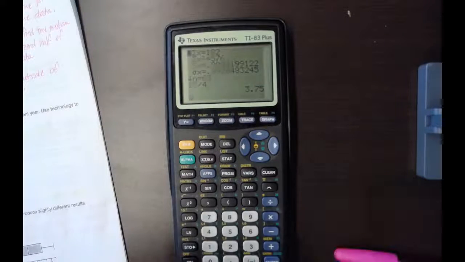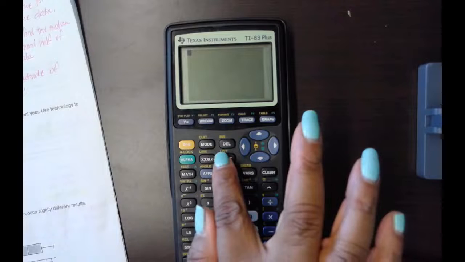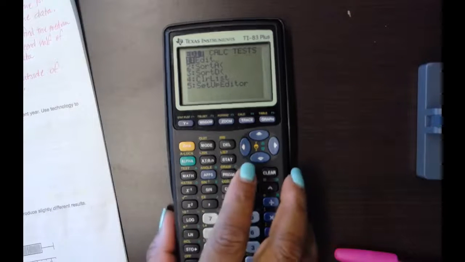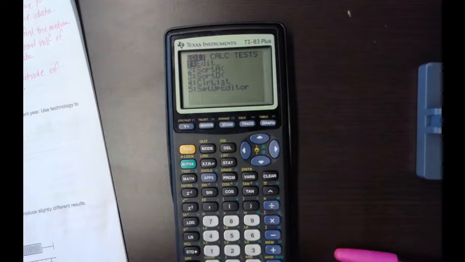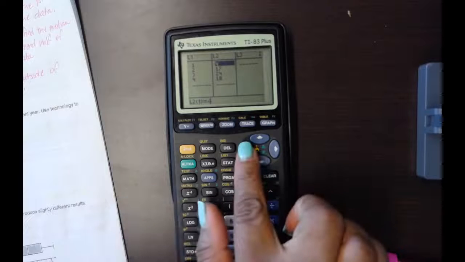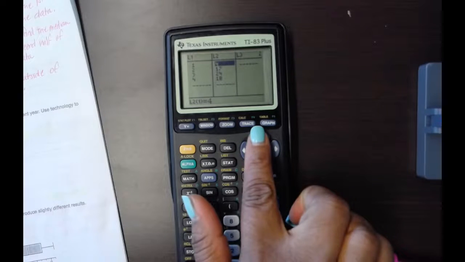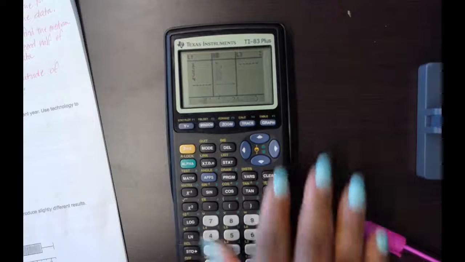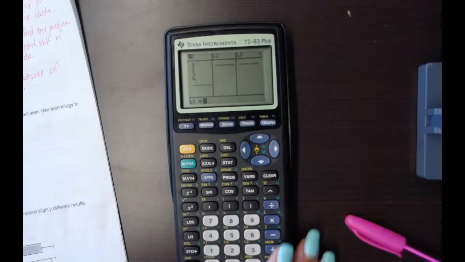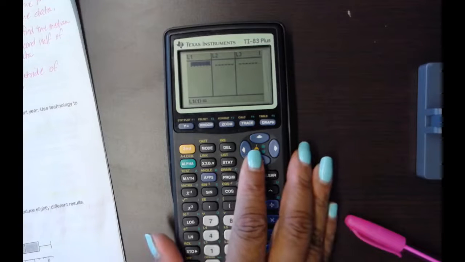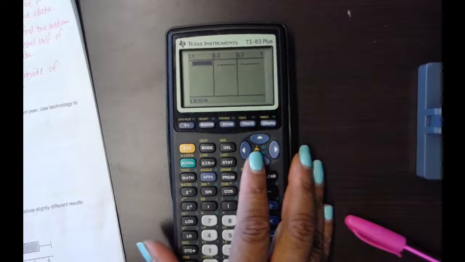We talked about in class how to use our stat button, so I'm going to go to stat. I want to enter some information in a list, so I'm going to press enter. I see that I have information in my list already, so I'm going to go and clear that out. And let me enter into my list. Remember that